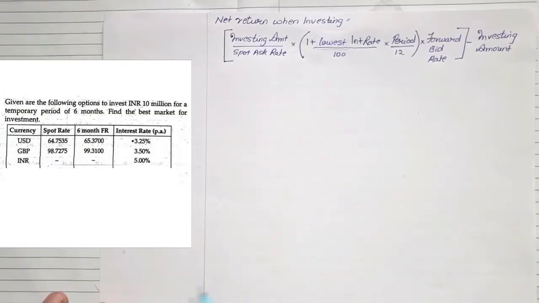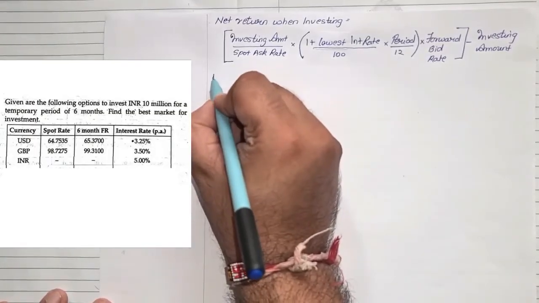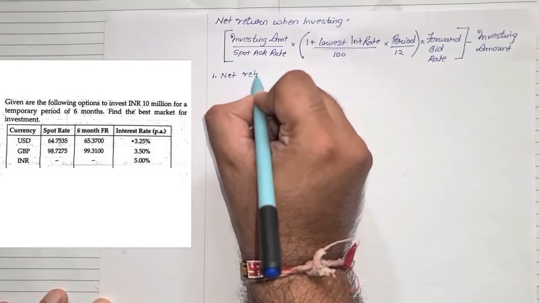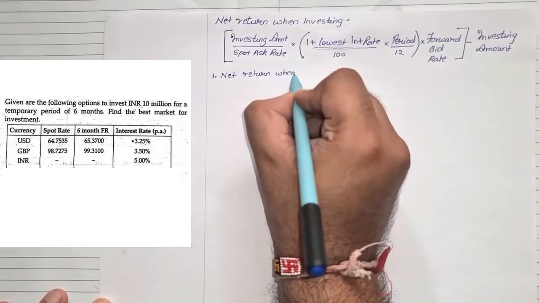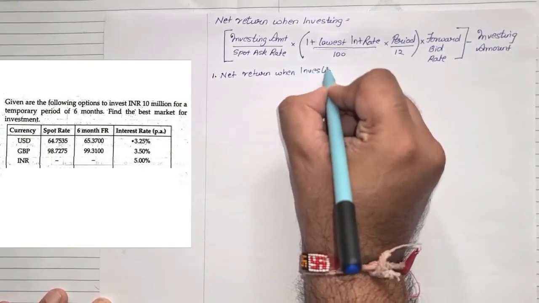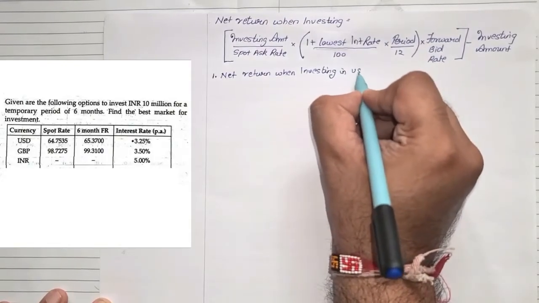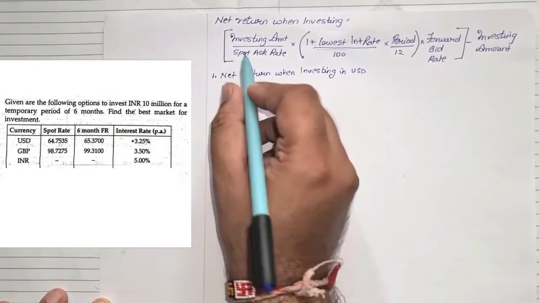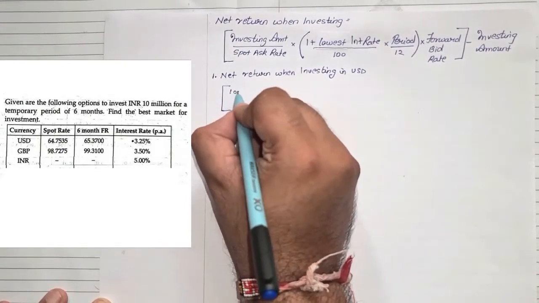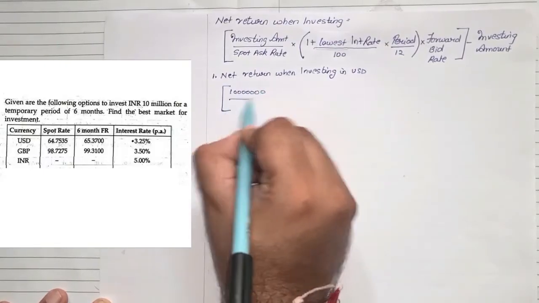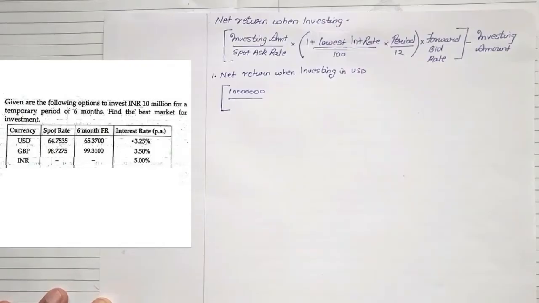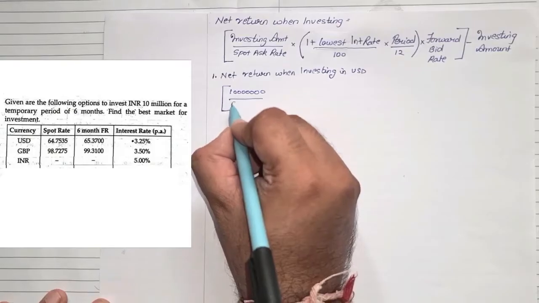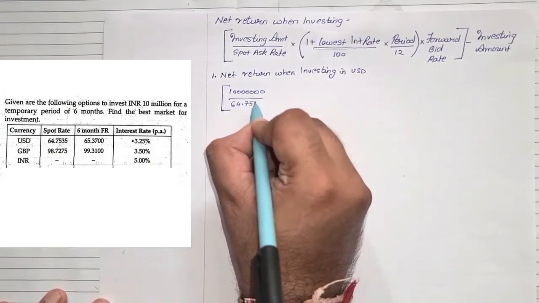Okay, the very first currency is USD, so we'll write here number 1. Net return when investing in USD. The very first thing, formula will be the same. The investing amount, so it's 1 crore, upon spot ask rate. Now there are no two different rates, there's only one rate given in the question, so we will take it directly, spot rate, which is 64.7535